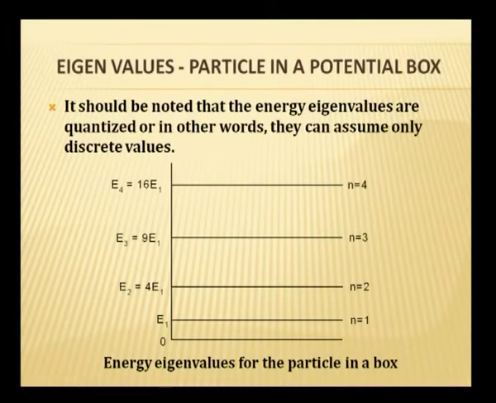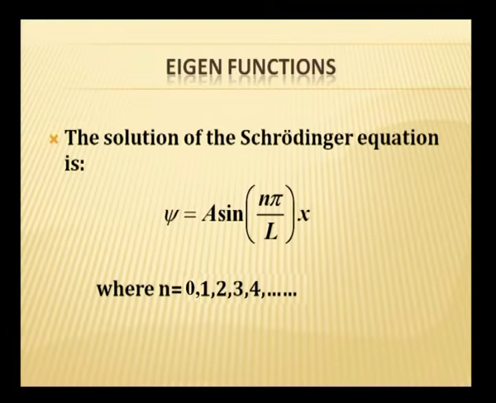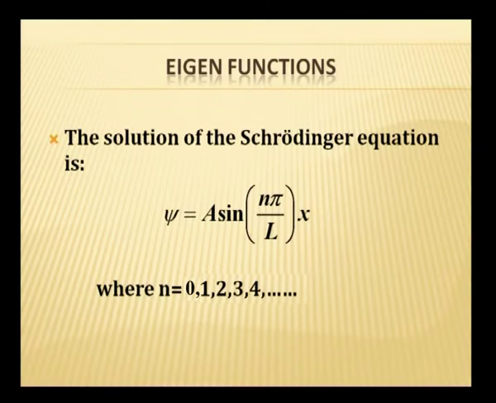In any problem, you calculate the eigen value and also the eigen function. The eigen function, that means the state of the electron, is given as psi equal to a sin(n pi x / l). That is the wave function, or the eigen function, in the following form. We will deal with the eigen function in detail, and its meaning will be known in the case of the hydrogen atom, which I will be dealing with in the lectures to come. But here also I will show the diagrammatic representation of psi and psi square and so on.